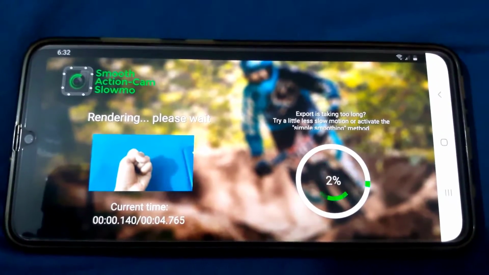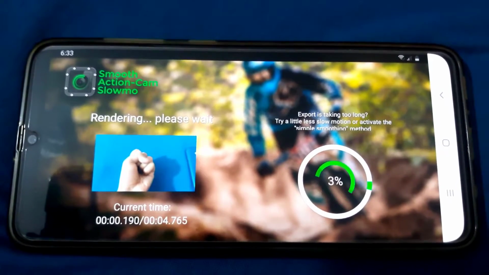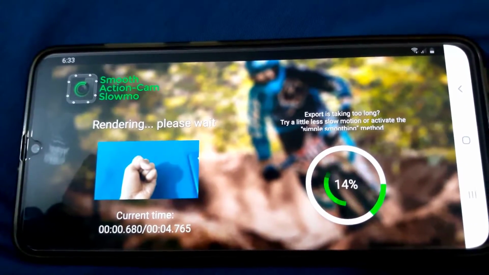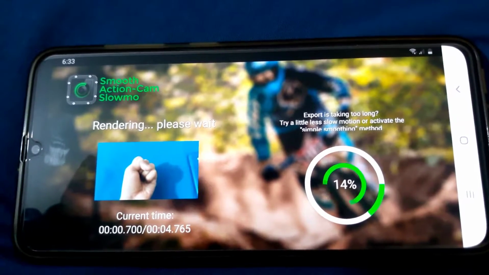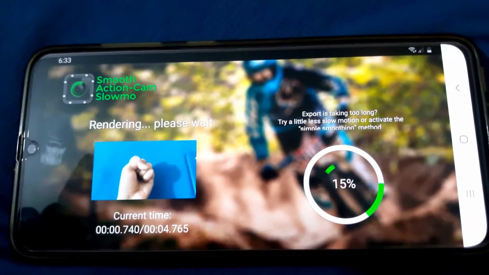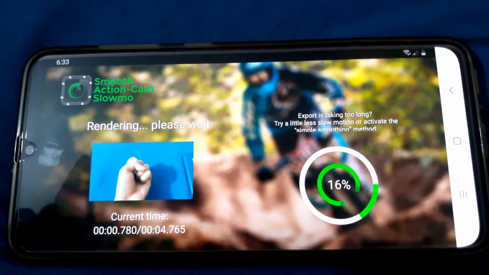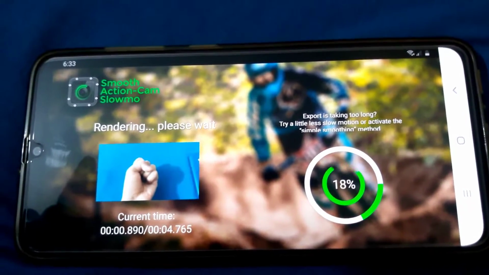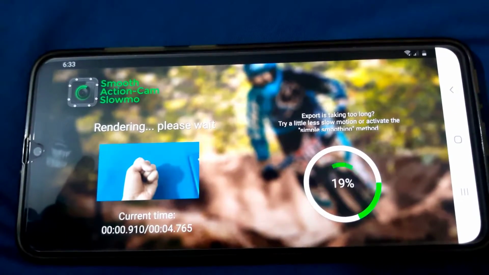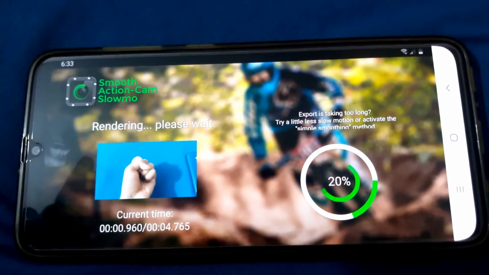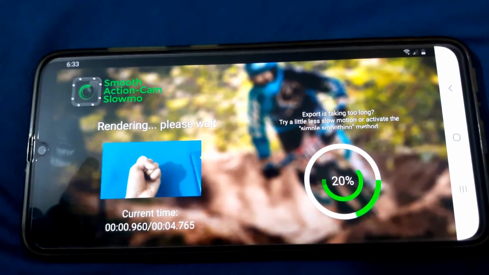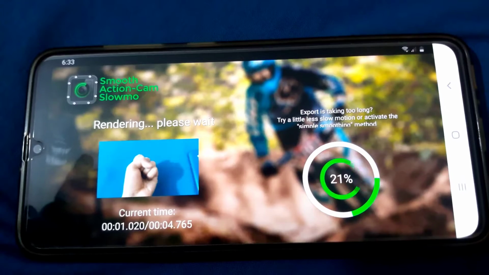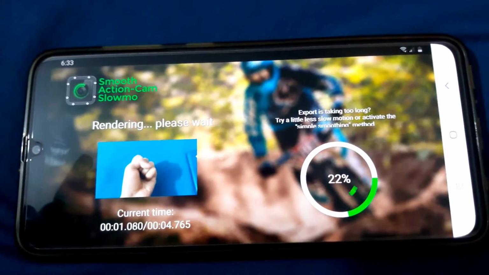This export process will take some time. You'll have to wait for the result. Currently, I'm making a 30 fps video to 60 fps. In order to be motion interpolated correctly, you'll have to make sure that your video is exactly at 30 fps and you have selected 97% or 96% of the speed. As this app is still in beta, there will be some errors, but you can work with it.